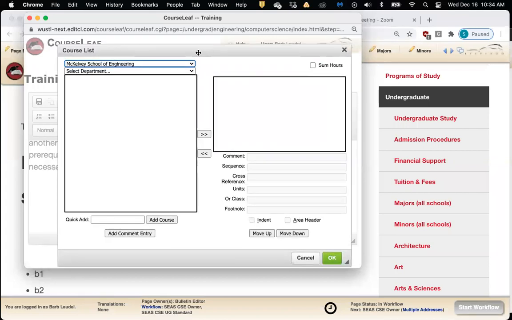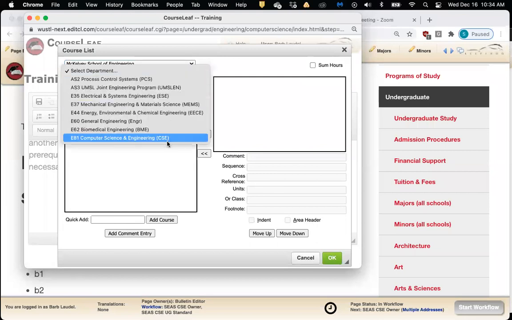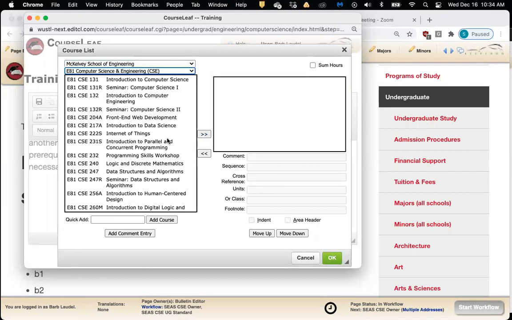And I'll get this interface, and this left side here looks exactly like your course picker that we saw in the inline course reference. So if I were to do something with computer science again, I'm going to select my department, and I see all my courses populating from this list here. My goal is to select a certain number of courses and have them appear in the box on the right.